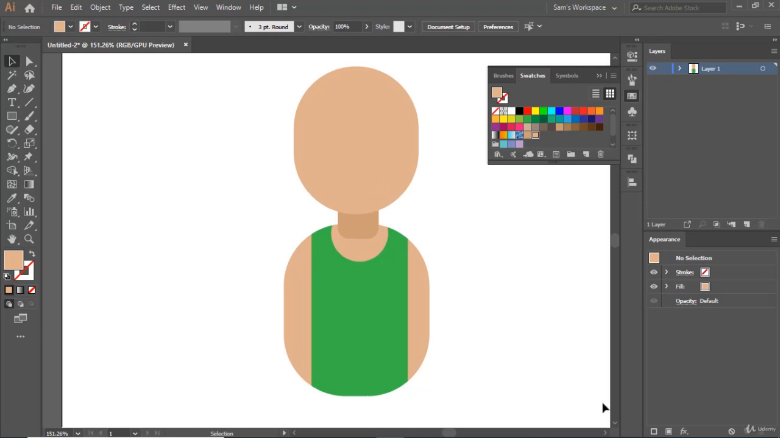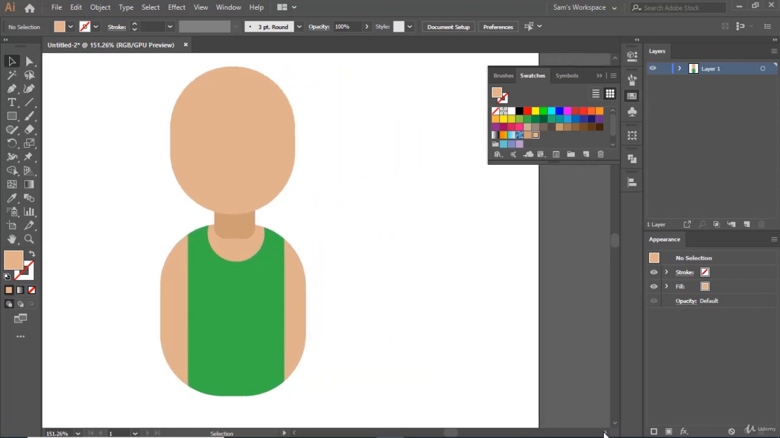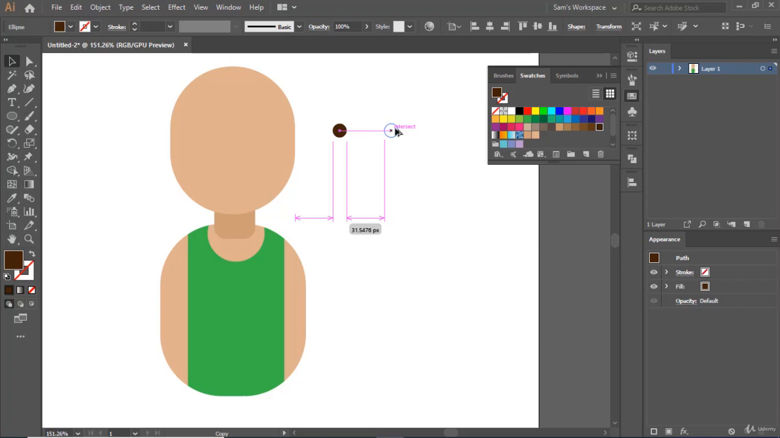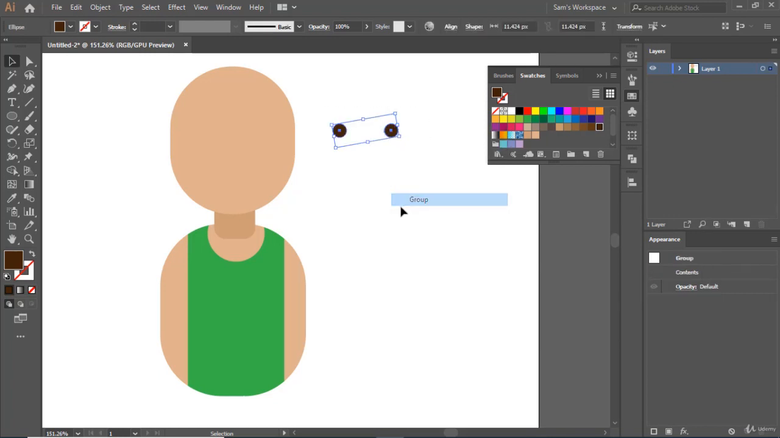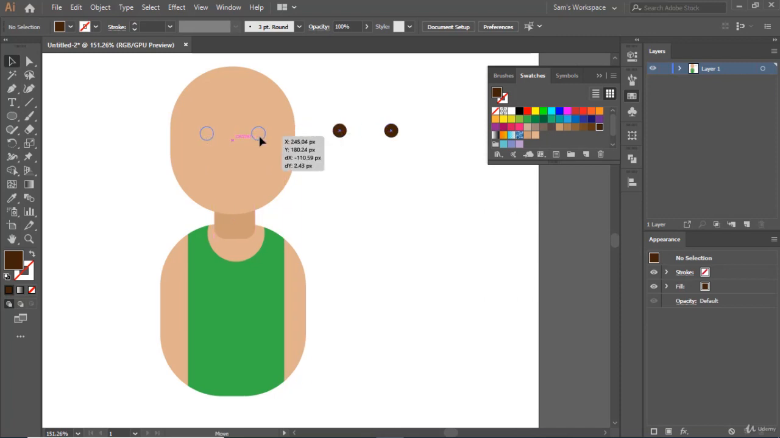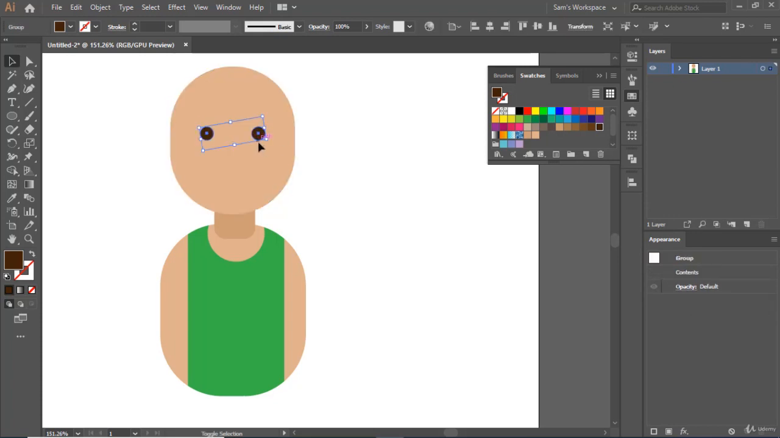Okay. Now we want to make the eyes. So I will use the ellipse tool and I'll draw one eye like this, and I will fill it with some color, and I'll use the Alt key and duplicate and make a copy of it like this, and then I will select both of them and I will group them and I'll place them in the center representing the eyes of the individual. If you want to make it slightly bigger,